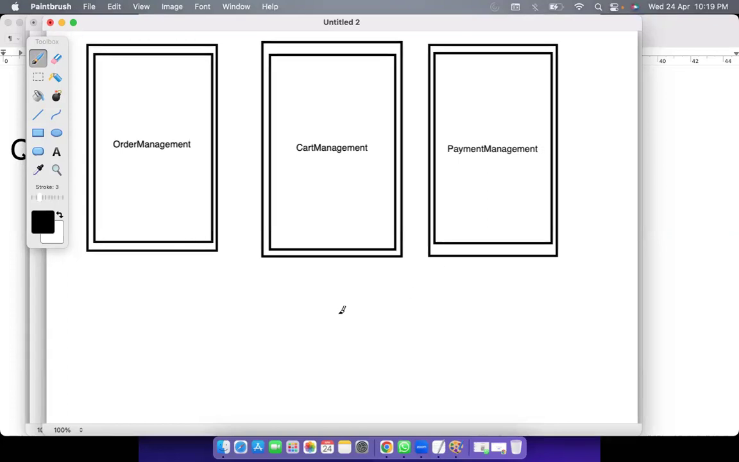Similarly, the load is distributed. That means whoever wants to place an order, that user request will come to this service, order management. Whoever wants to add or remove items in the cart, that request will come to cart management. Whoever wants to pay for the order, that request will come to payment management. So the load is distributed. Earlier, all the requests came to the same server because the entire thing is packaged into a single unit,